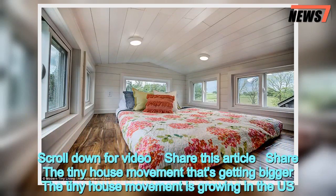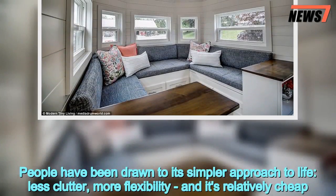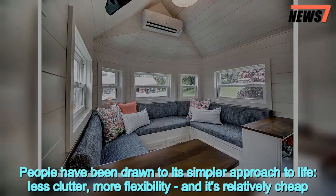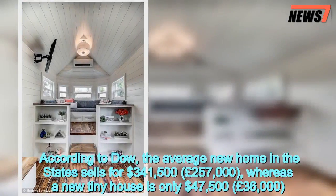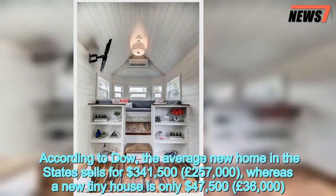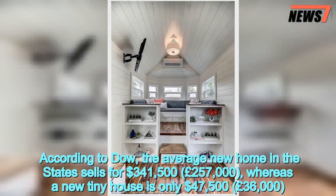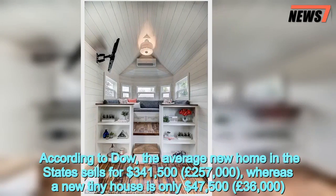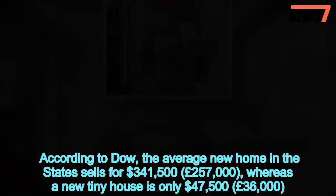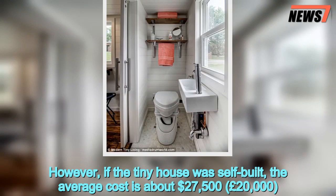The tiny house movement is growing in the US. People have been drawn to its simpler approach to life, less clutter, more flexibility, and it's relatively cheap. According to Dow, the average new home in the state sells for $341,500, £257,000, whereas a new tiny house is only $47,500, £36,000. However, if the tiny house was self-built, the average cost is about